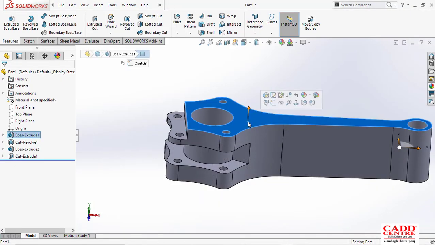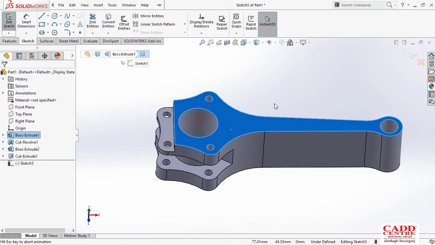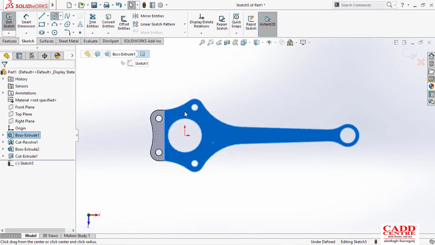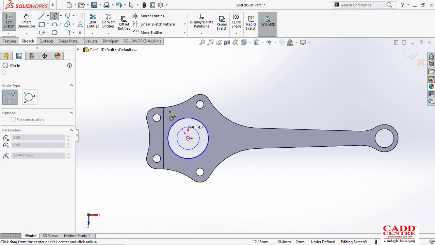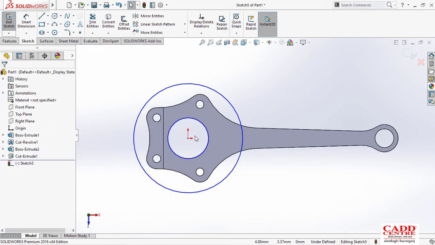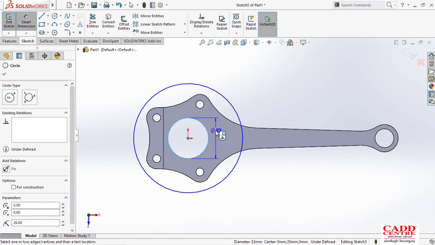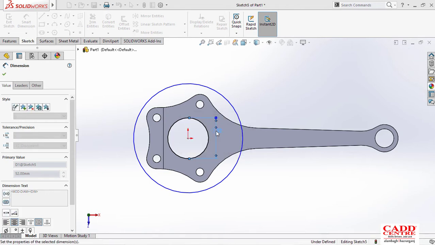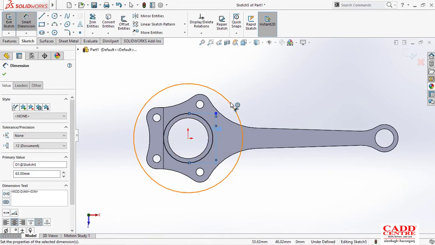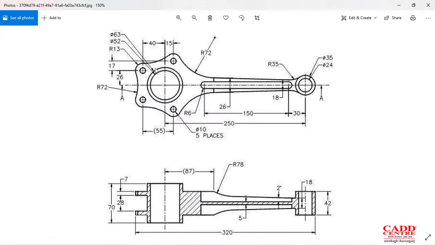So I'll go to the top plane, sketch over that, normal to view. We have to make two circles. One circle would be 63, meaning this one, and another circle would be 87 as they have given. So this one would be 63, if I am clear, because the outer one is 63, and this one, because we have to make that hole, that cylindrical portion, tube portion like this.